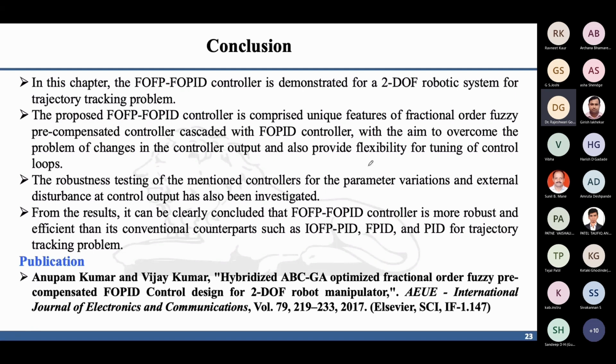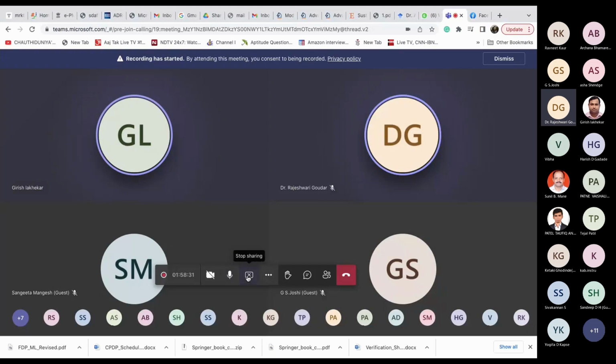So in this lecture, we have mainly covered fuzzy, and its application to robot applications. And optimization, I just introduced optimization. The purpose of optimization is to tune the parameters. That thing we have just introduced. And if next time Girish sir also invites me, then I will discuss type 2 in a coming session. So this is all from my side, sir. Over to you.